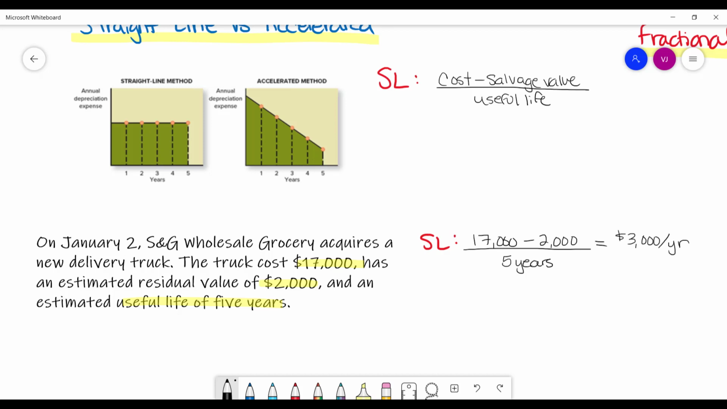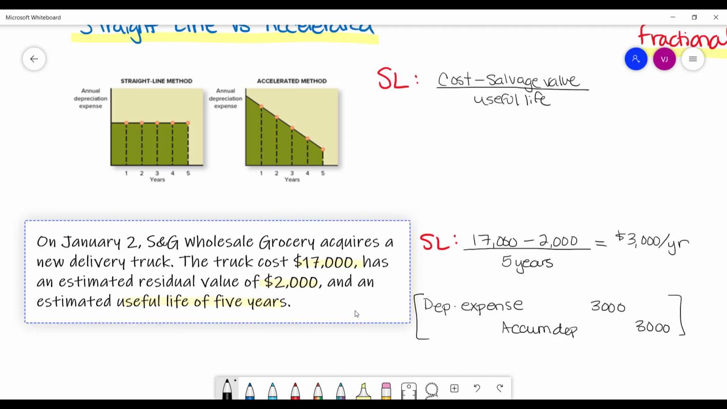per year. And we could find the monthly depreciation. Instead, we would have divided this by 60 months to find out what it comes out to per month. But in this case, if we were to record that for a whole year's entry, we would simply debit depreciation expense for $3,000 and credit accumulated depreciation for $3,000. So that's how we find depreciation using straight line. Now,